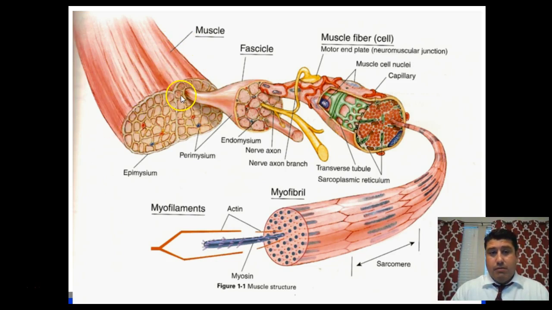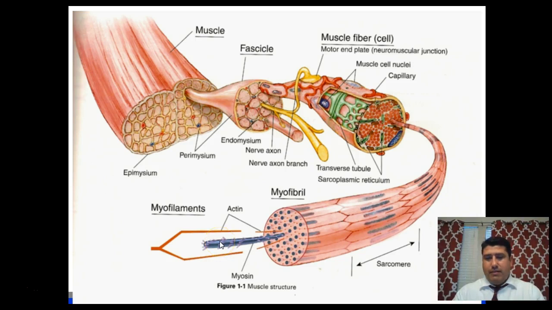If you cut the muscle, you would be able to see these circles. These are the fascicles. And then within the fascicles, there are several muscle fibers. Now this becomes microscopic. You can see muscle fiber if you were to cut the muscle. We see muscle fiber again whenever we eat meat. If you break up the meat, the little individual strands, that's the muscle fiber. Each muscle fiber is then broken down into the myofibrils, and this is the part that we can't see. This is becoming microscopic. The whole point of this diagram is to show you that our muscle is composed of just a breakdown of tissue all the way down to the myofilaments.